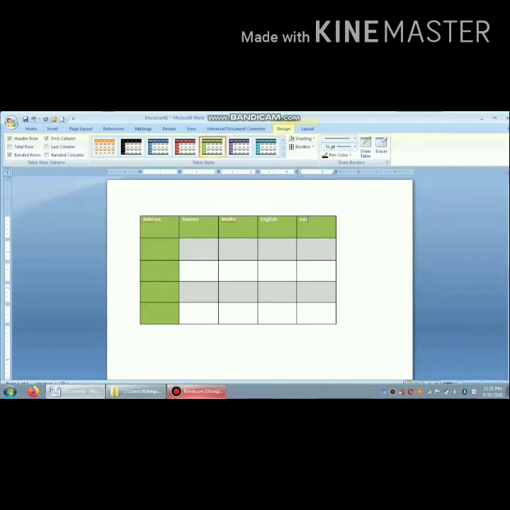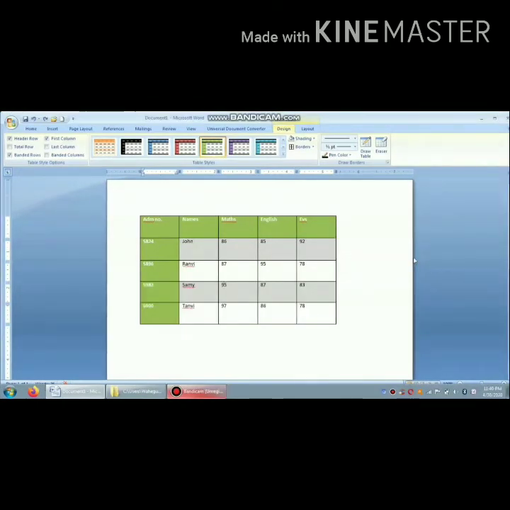Now we have to go downside, so we can also use the Enter key to go downside. In the same way we can fill a table up to the end.